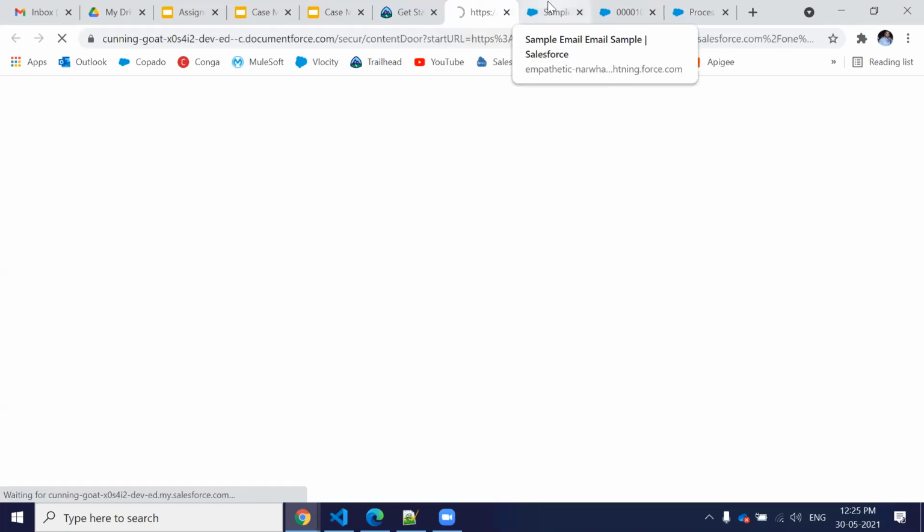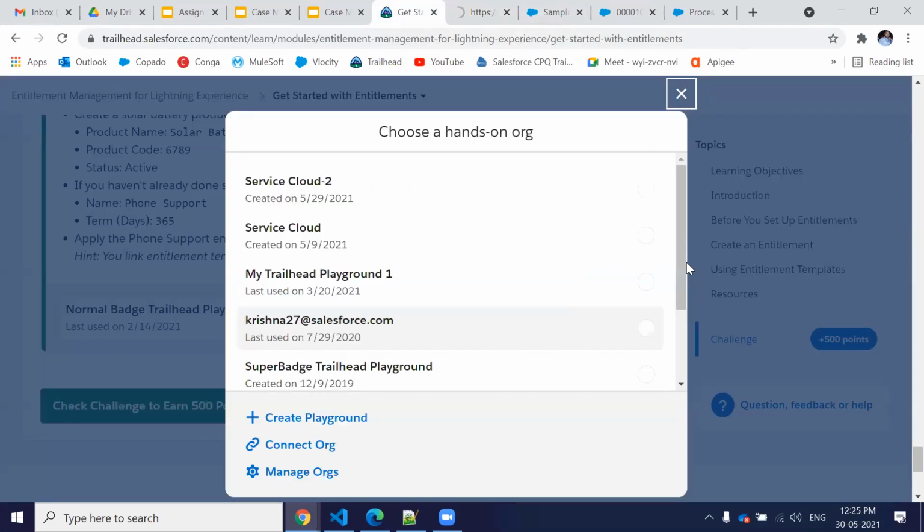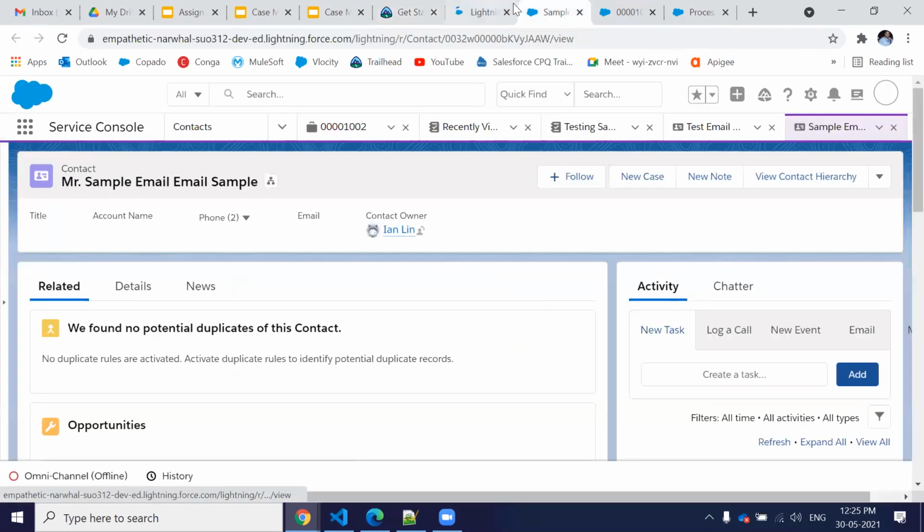Because those are the developer editions where this thing worked. Same thing. It does not change anything. Even in my main org also. Not sure. We need to debug, but we do not have that much time.